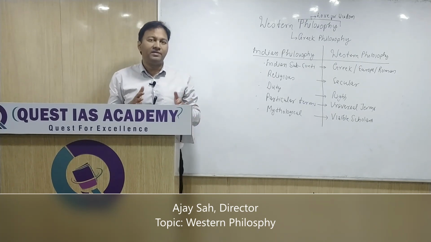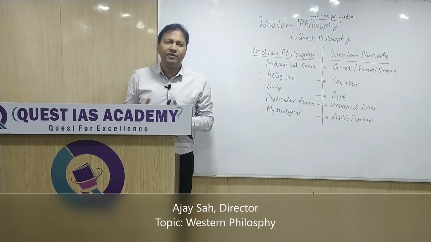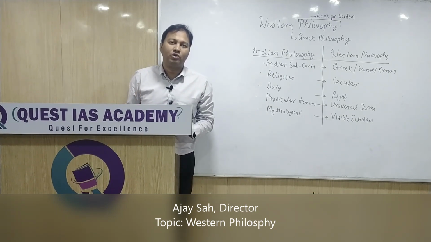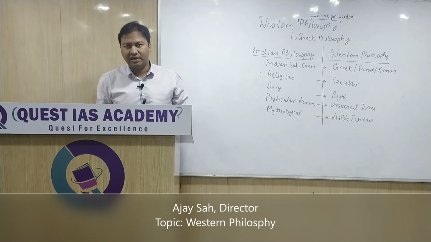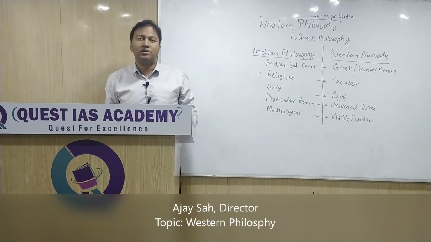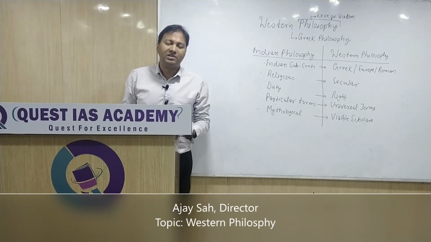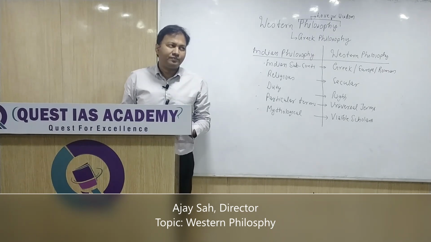So I have basically divided this series into several parts. In the first part today we are going to discuss the brief introduction of Western philosophy, and we are going to see how Western philosophy is different from the Indian philosophy. After this lecture we will cover all the philosophers from the Western philosophy, that is right from Socrates, Plato, Aristotle, Thomas Hobbes, John Locke, John Rawls, Immanuel Kant, Bentham, J.S. Mill and a few other important scholars.